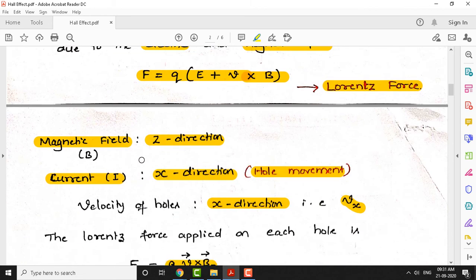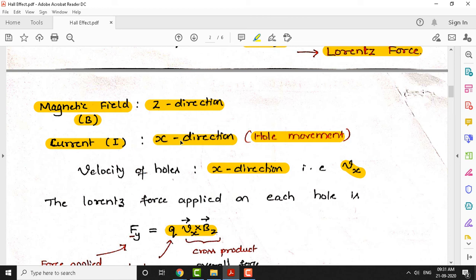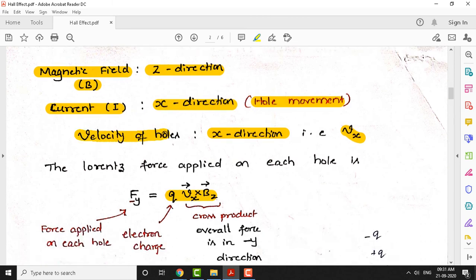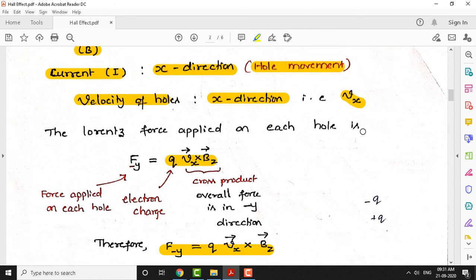If you look at the diagram, the magnetic field is along the z direction, which we denote with B. Current direction is the positive x direction, that's the hole movement we have shown. And velocity of the holes is also going to be in the positive x direction, which we have indicated with Vx. Now the Lorentz force which gets applied on each hole, which is a deflected hole, is nothing but F minus y. Holes get deflected on the face A. You can see that holes start to deflect because of the magnetic field to the negative y direction,